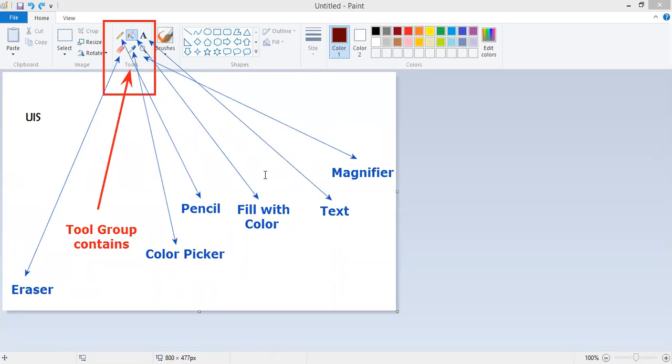So these are the six options available in the tool group. Where is the tool group? If you see, here it is. Here is the tool group. As I wrote here, the tool group contains these things: pencil, fill with color, text, magnifier, color picker, and eraser. So these are the six options which are contained